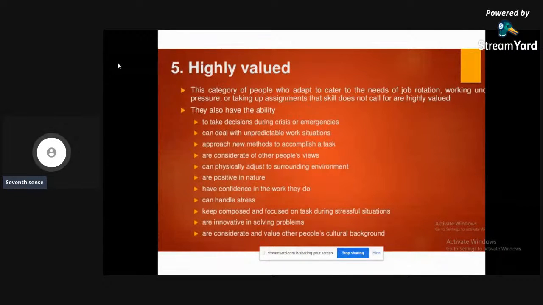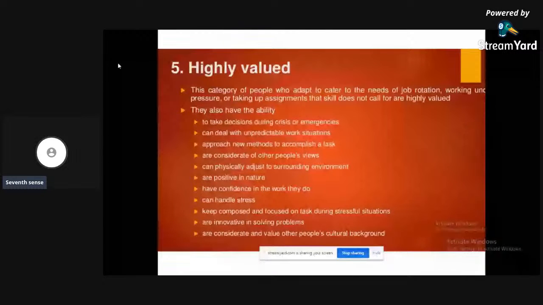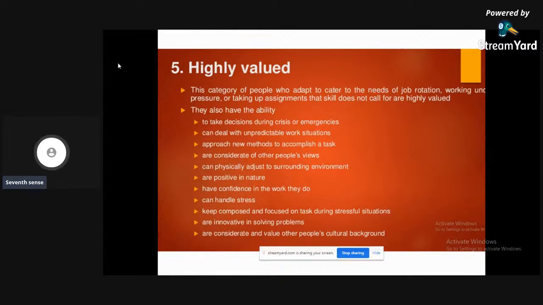Approach new methods to accomplish a task. When there is one kind of task and there are three ways to do it, you are supposed to choose the one, about a startup or anything, that gets you the most beneficial results.